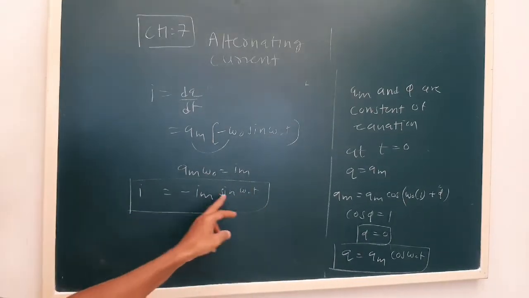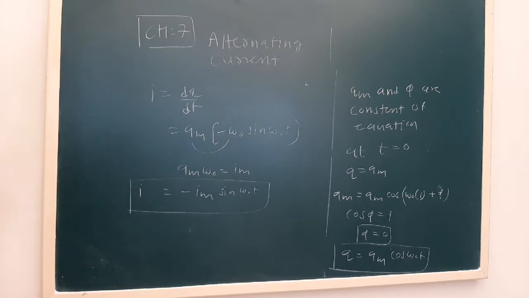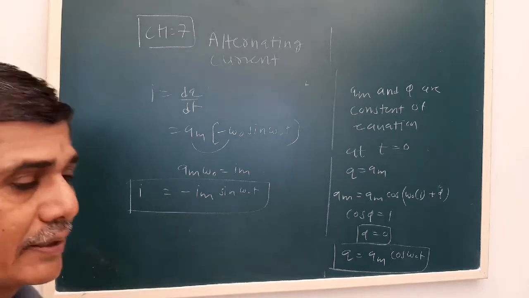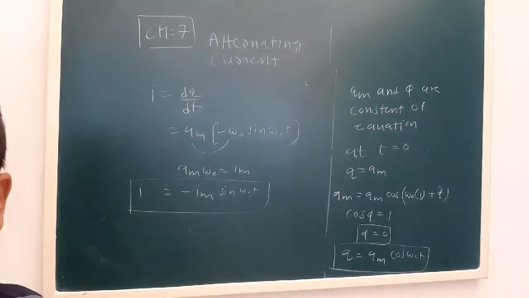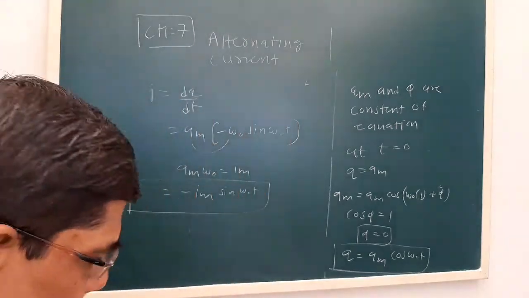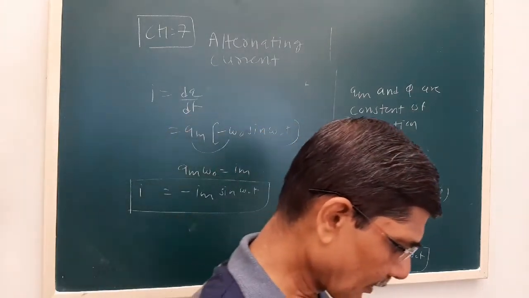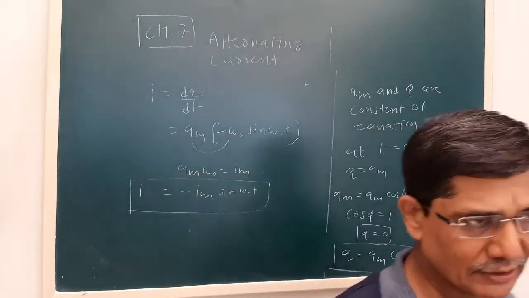See here, in the equation of current we also have a sine function. We know sine is also a periodic function. This is how the current also varies periodically. So this is how, in LC oscillation, charge and current can vary periodically. Now see, we have seen this is a differential equation of LC oscillation.